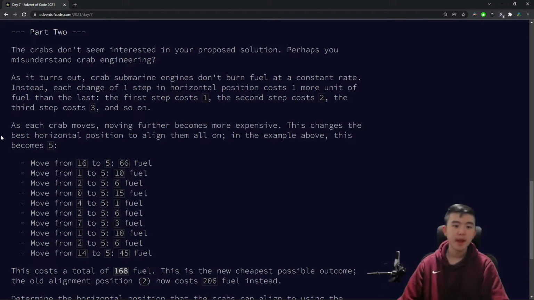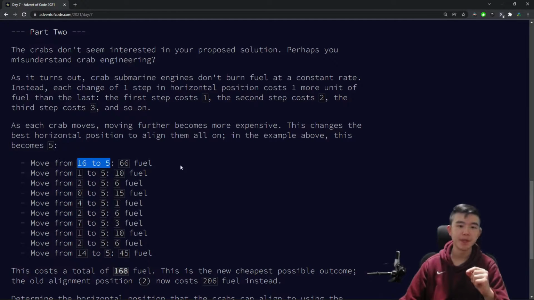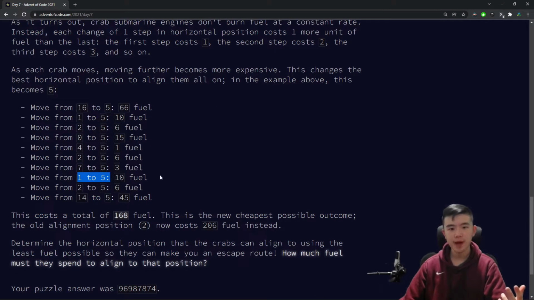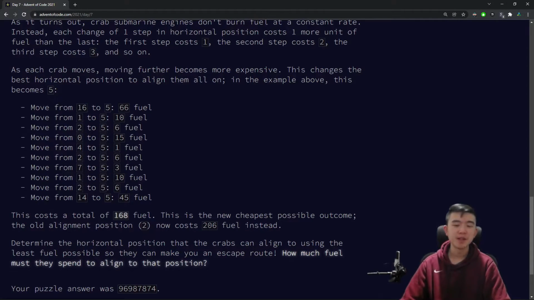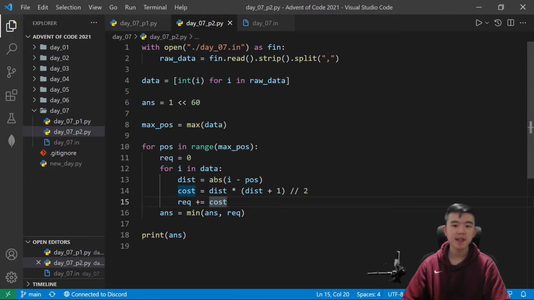previous one. And we can actually compute this more efficiently by taking the sum of the first n integers, where n is the distance between 2 points where the submarine has to move. So for example, moving from 1 to 5, that's moving 4 spaces. So to move 4 spaces, we simply have to do 1 plus 2 plus 3 plus 4, and that's the sum of the first 4 positive integers, which we can compute using a handy-dandy formula, which is